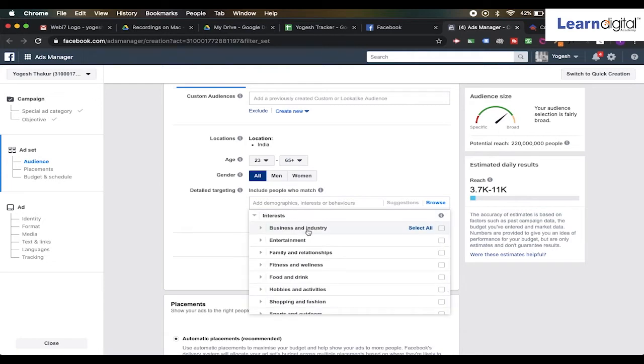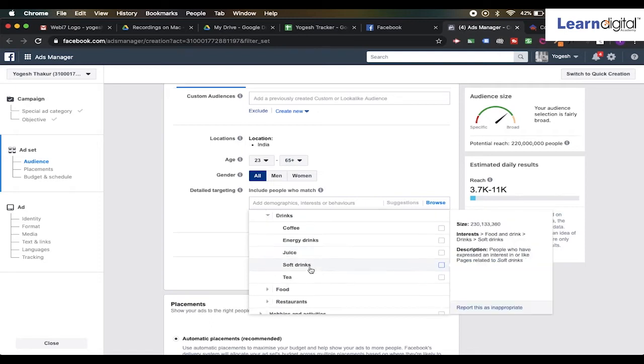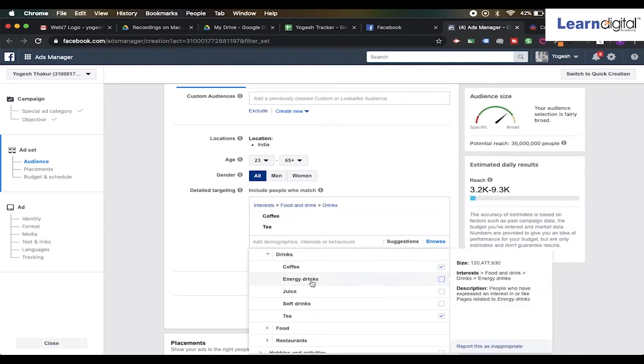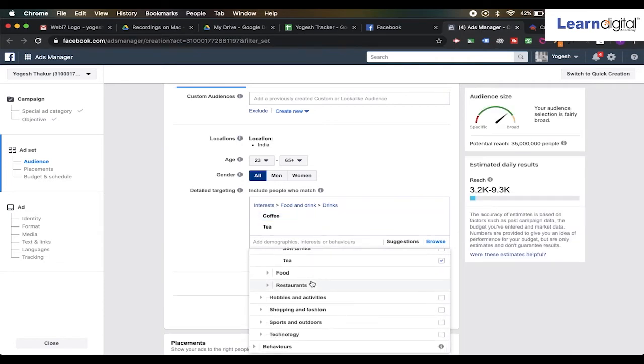This is one way. Second, if you remember what we did in audience insights, we found people based upon their interest, right? And we had food and drinks over there. So let's explore food and drinks. I'm going to drink. We have tea, coffee. People who prefer coffee can actually prefer tea. Energy drinks? You must have heard a lot of people say that they get energy by having tea. That's everything for them. So what would be the fine thing to select over here? They take tea, coffee. Avoid the energy drink from now.